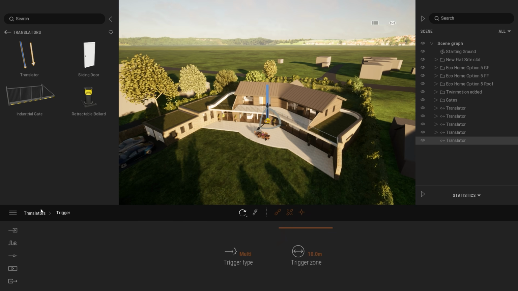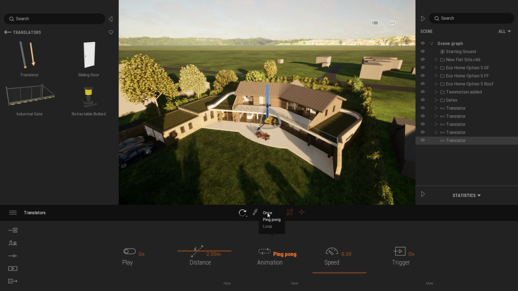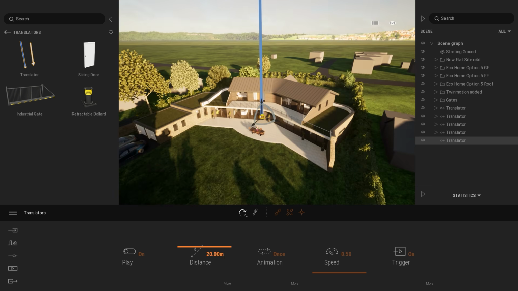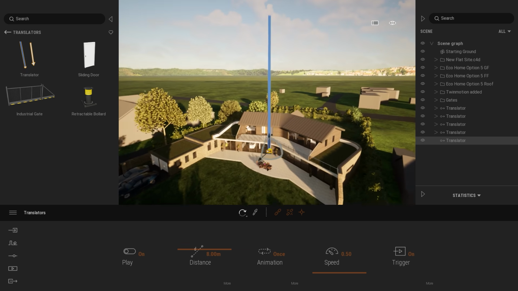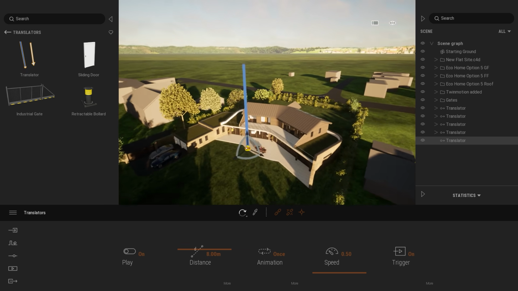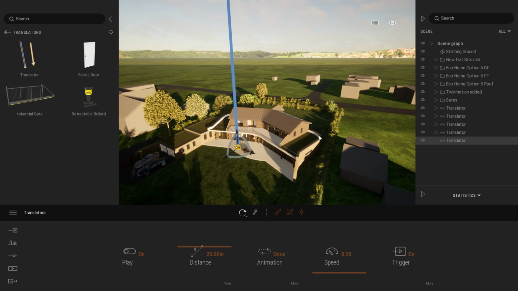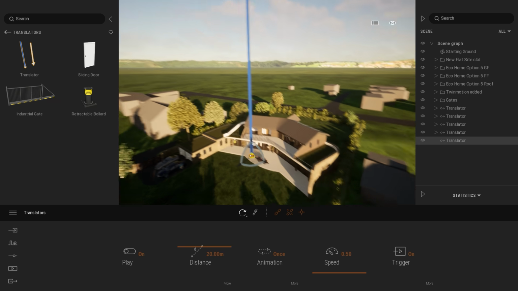So let's actually set this animation up. First thing I want to do is same as before. I want the animation to play only once. I want the floor to move up in the air. So we'll click on once. The distance, maybe let's set 20 meters. Way too high. Let's say maybe 10, maybe not 2. Oh no, it's bigger, yeah, my bad. So let's indeed choose 20 meters,